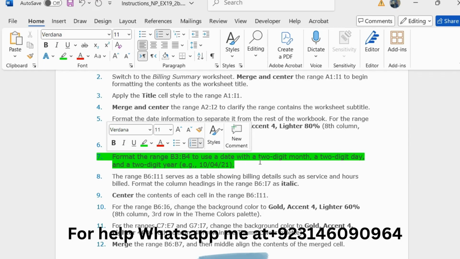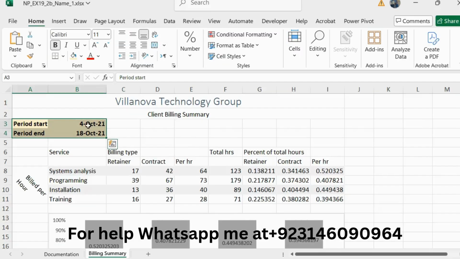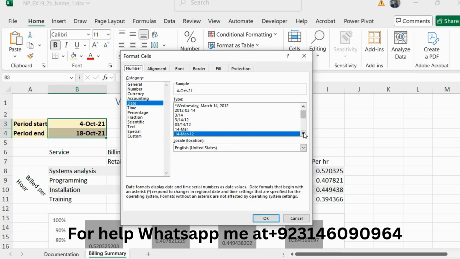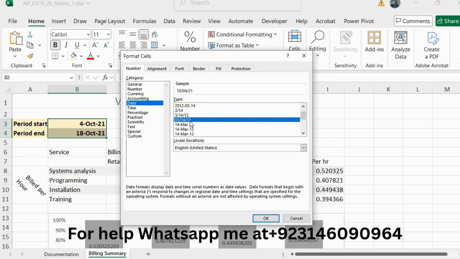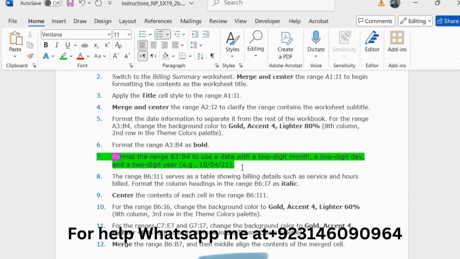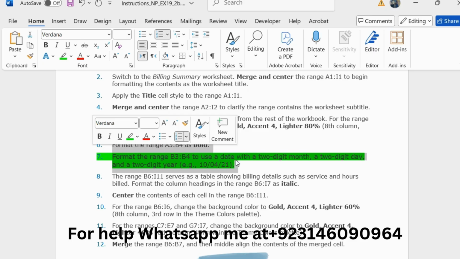So go to here, select the range B3 to B4 and click on Number and this Number Format icon, and now select this one, the 2-digit one. 03/14/12, and click on OK to apply the format. So I have completed 7 steps successfully.